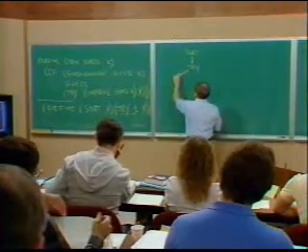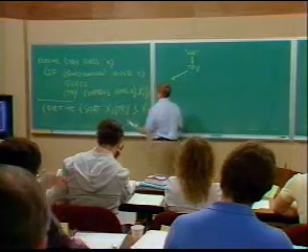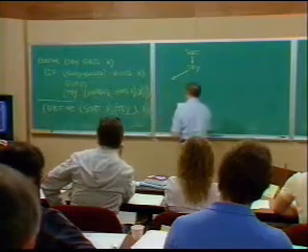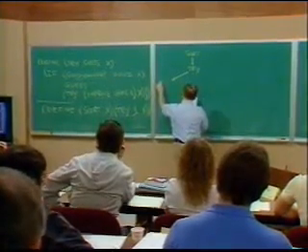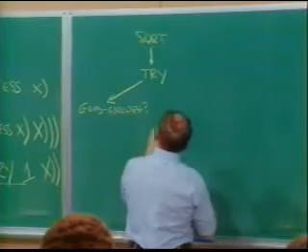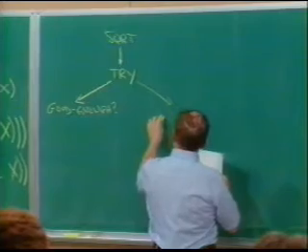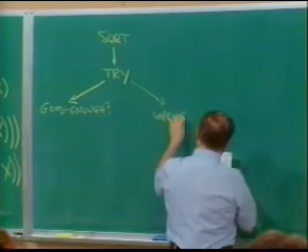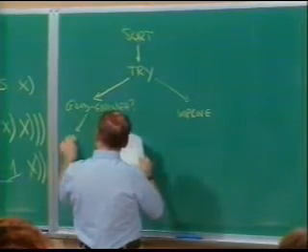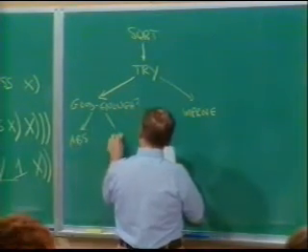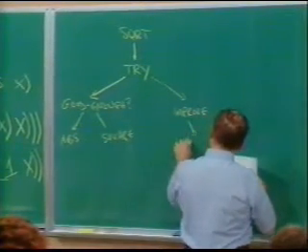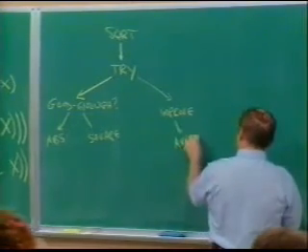Try is defined in terms of, well, telling whether something's good enough and telling how to improve something. So try is defined in terms of good enough and improve. And let's see what else I fill in. Well, you go down this tree. Good enough was defined in terms of absolute value and square. And improve was defined in terms of something called averaging, and then some other primitive operator.